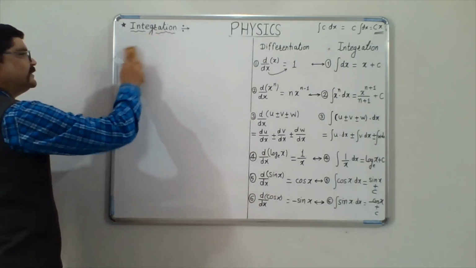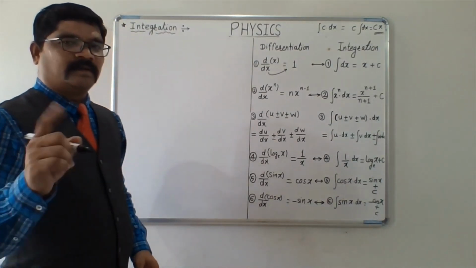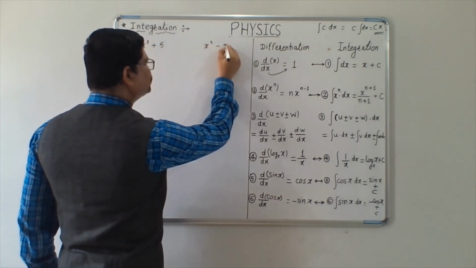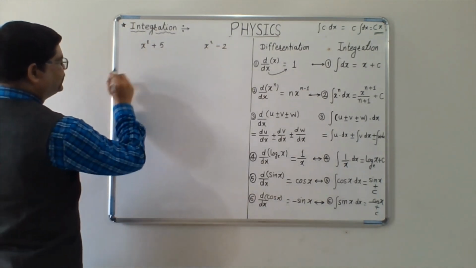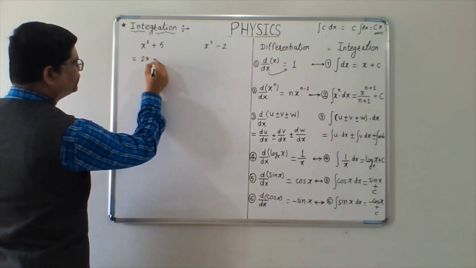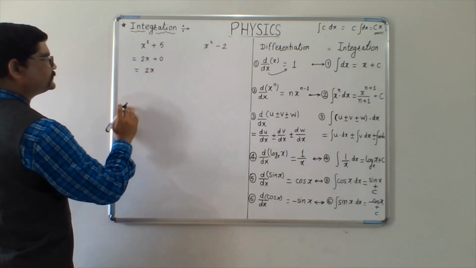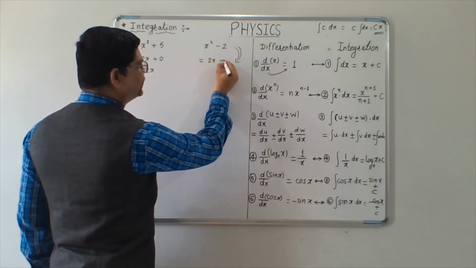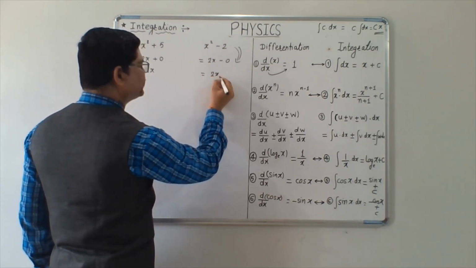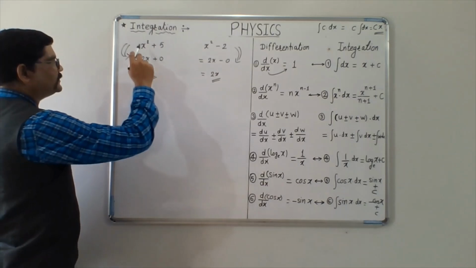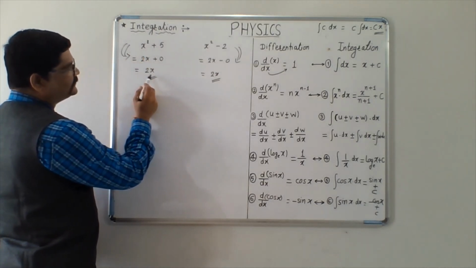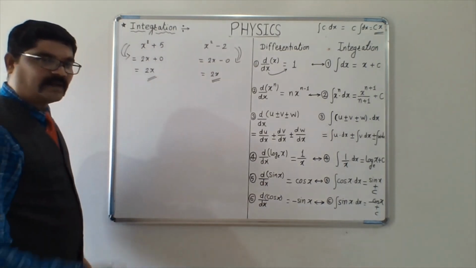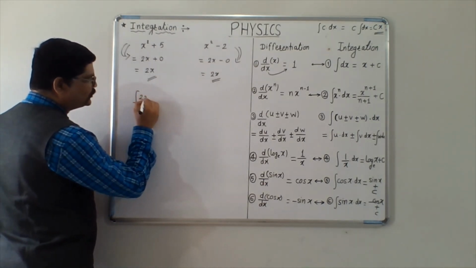Let us talk about the integration constant. Suppose x square plus 5 and x square minus 2 are the two functions. If differentiated, we will get 2x plus 0, or equal to 2x. And after differentiation of this, we will get 2x minus 0, that is 2x. Both the functions, x square plus 5 and x square minus 2, when differentiated, we are getting 2x here. And thus, if the opposite is done, integration of 2x dx,